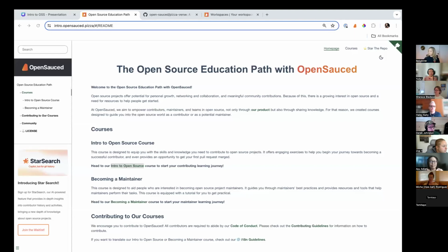Okay, this should work. So right now you should see the open source education path with OpenSauced. Do you see that? Can someone give me a thumbs up? Yep. All right, cool. So at OpenSauced, we have this education path, and we have an intro to open source